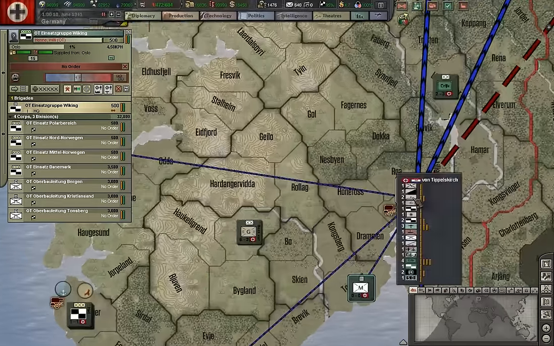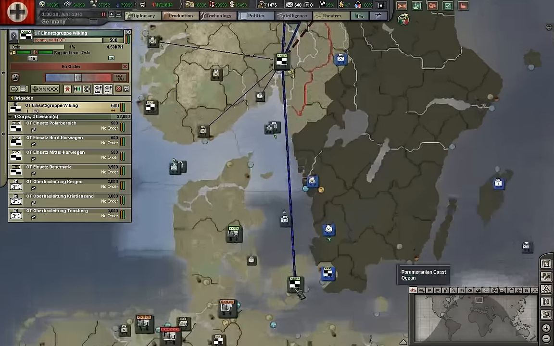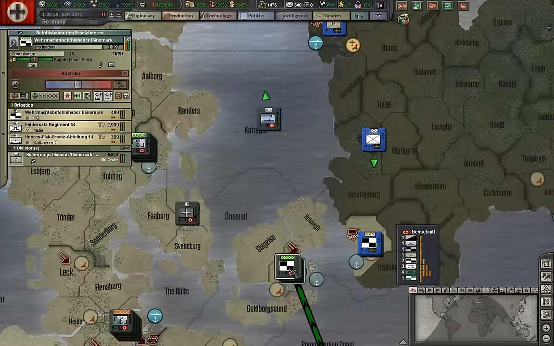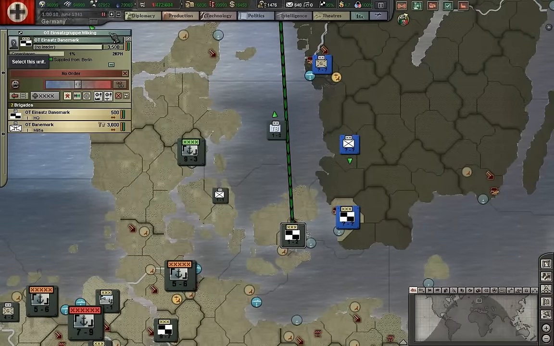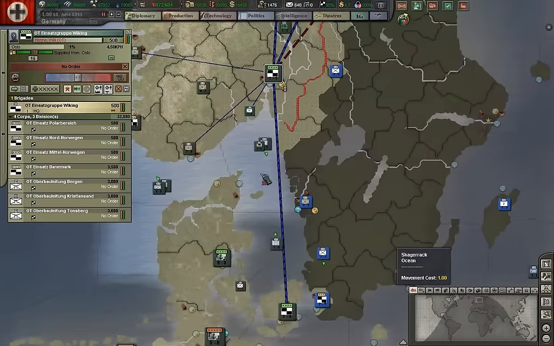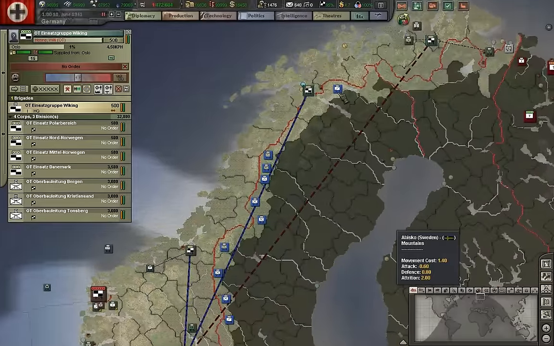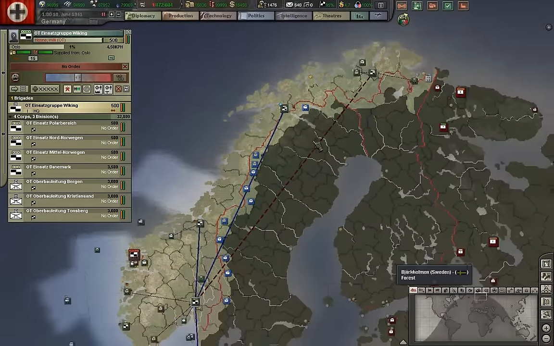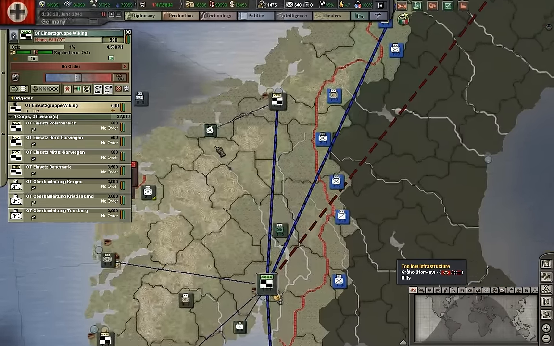But, so this gives us, they even controlled down into here, Einsatzgruppe Viking. This is their area of control. So this is a historical OOB. This is the one that's out of radio range. So this gives you an element,